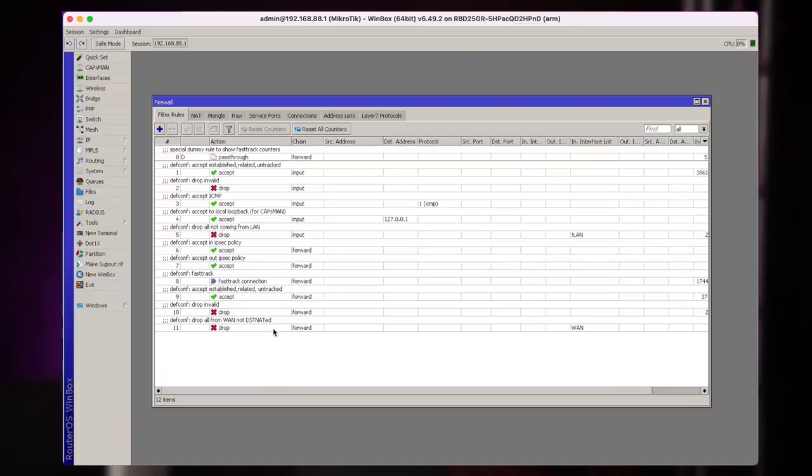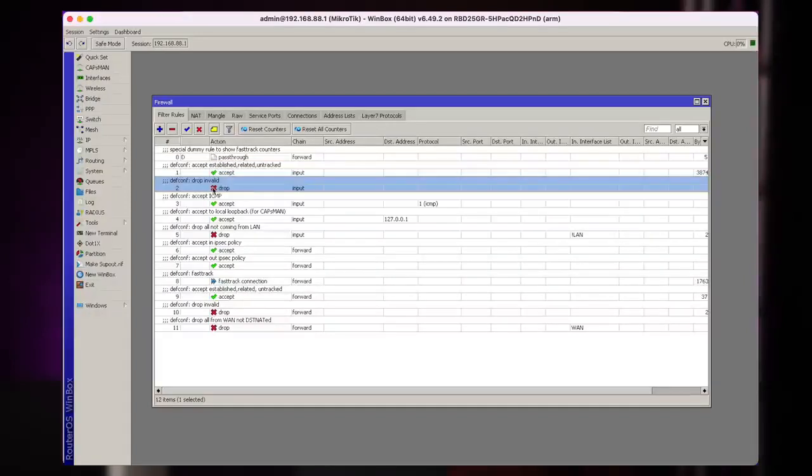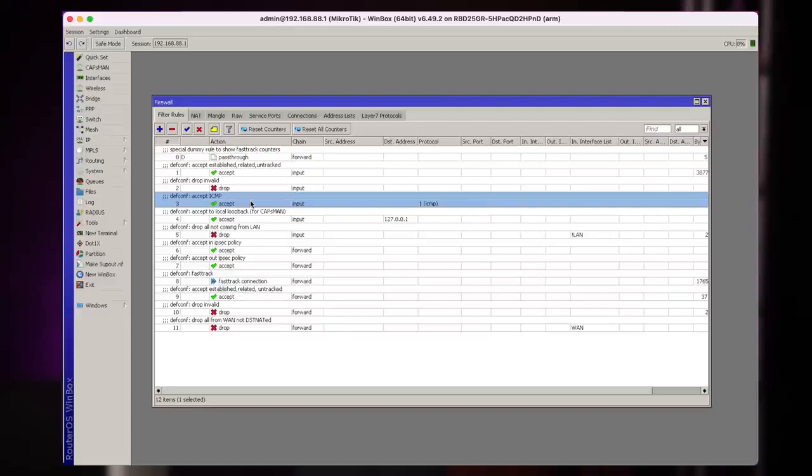So here you can see there are 11 rules, and let me just quickly tell you what's going on here. There are several types of rules in this list here. What you need to notice is these green check marks are accept rules. Those rules allow something. And then there are these red X's, those are drop rules, that deny something. There are all kinds of actions available, but since this is a beginner video, we'll be looking at mostly accept and drop rules.